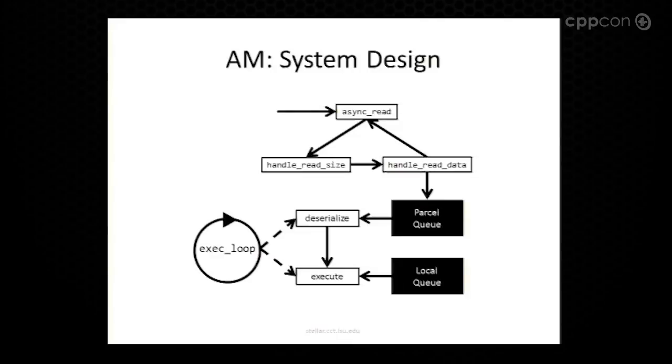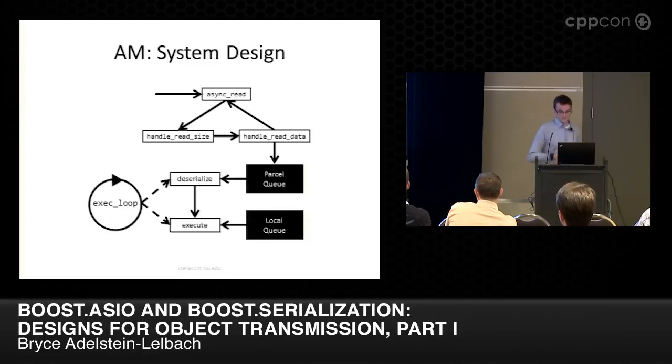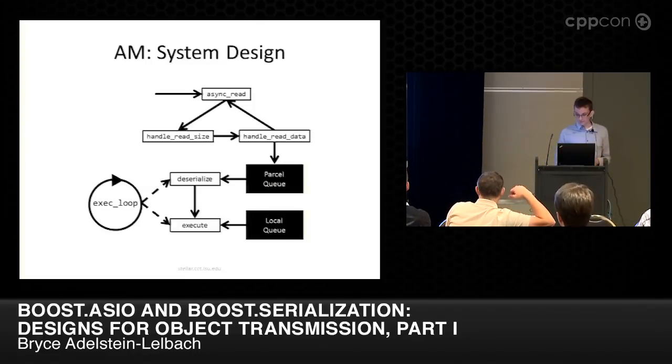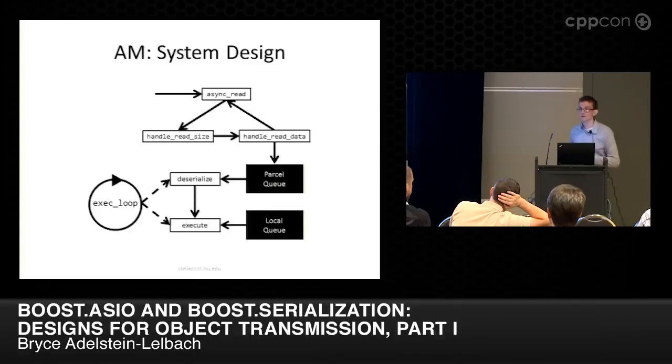And I'm trying to find a good place to stop because we're getting at time. So I think this is about it. Now we'll piece this together. Now you can see where this comes in and feeds into the parcel queue. This is what our little system looks like. And I think we're going to break here, and then we'll talk about the write interface and some little examples that use this little toy after the break.